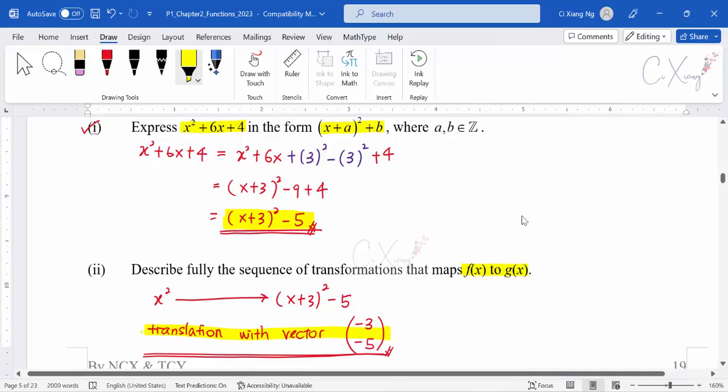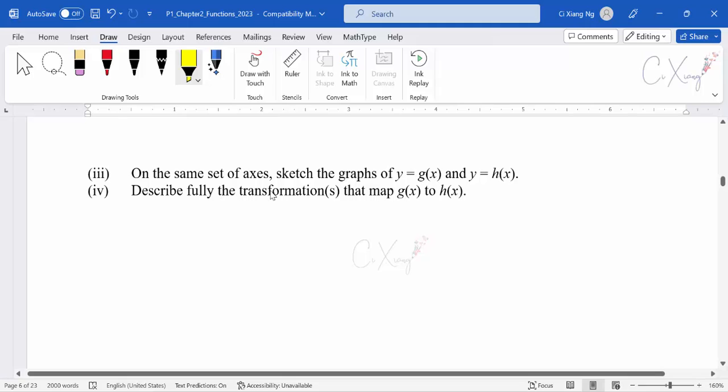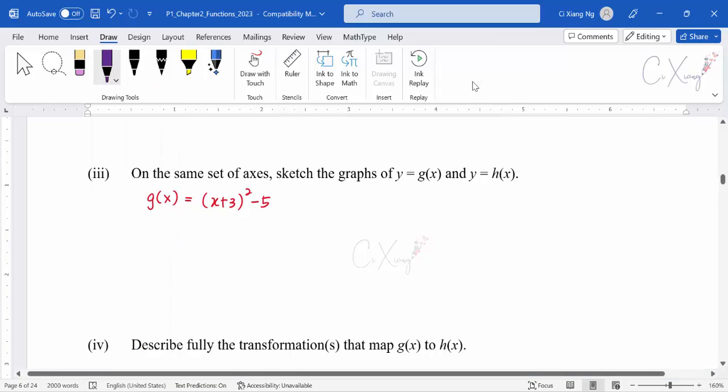Then let's have a look at part number 3. On the same axis, they want us to sketch the graph for y equals g(x) and also y equals h(x). Maybe for me, I will try to put in y equals g(x) first. For g(x), we already wrote out the equation just now, where it is (x plus 3) squared minus 5. And then for h(x), if you look at the question,